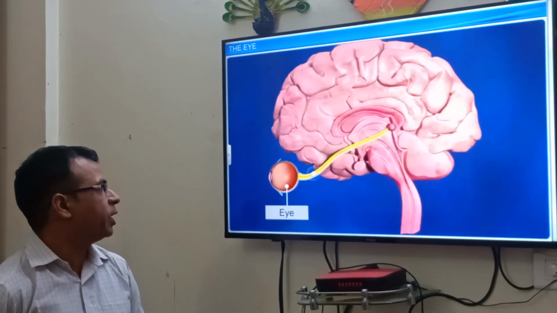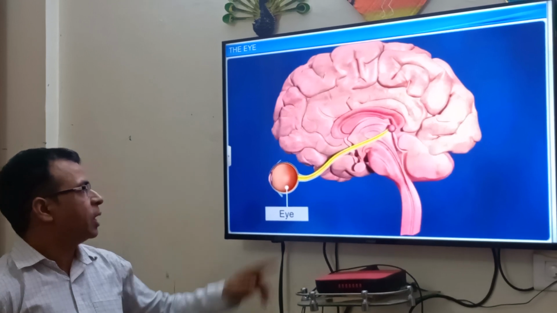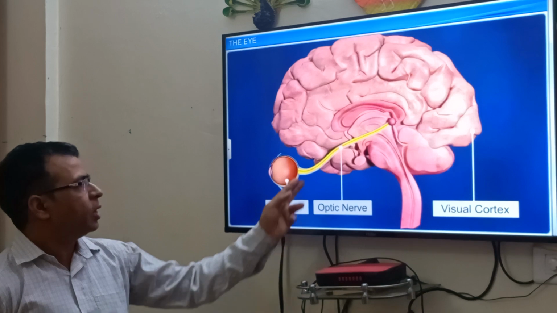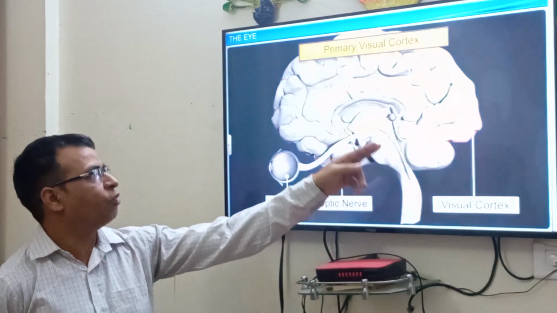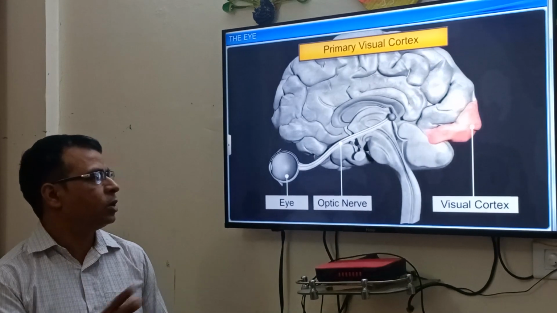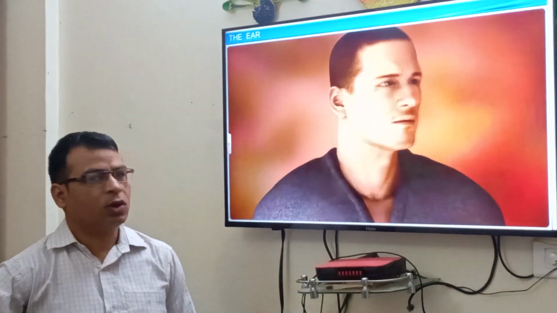This is the optic nerve, which passes through the blind spot and goes to the visual cortex of the forebrain. This interprets the images according to the